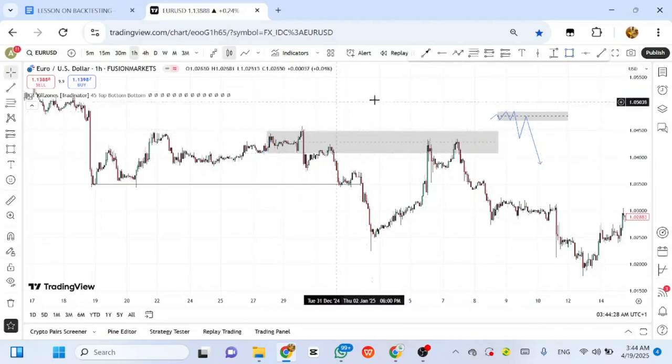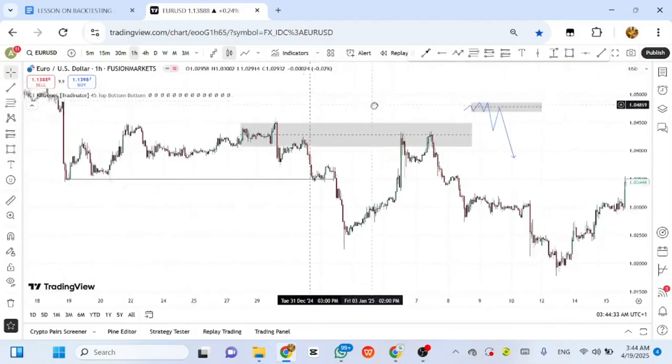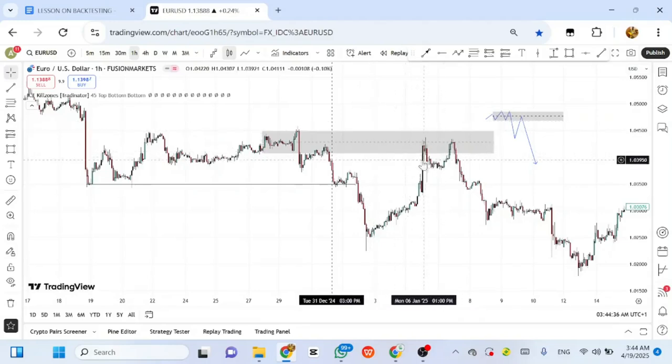So now I have two entry models. I have a risk entry and a confirmation entry. So let me do an example for the two scenarios. Looking at this now, you saw market was driving back up slowly. So assuming I took a risk entry, you saw this now, I'll put it at this middle. And you know why I'll put it there? Because this is a liquidity. So this is a kind of inducement for the market to use. Hope you know what inducement is now.